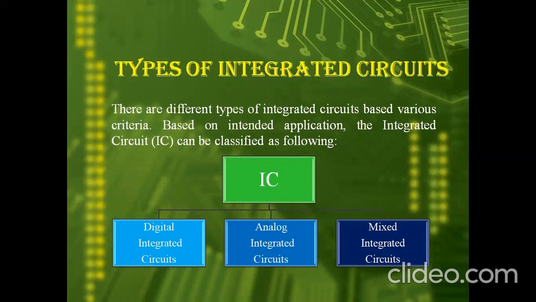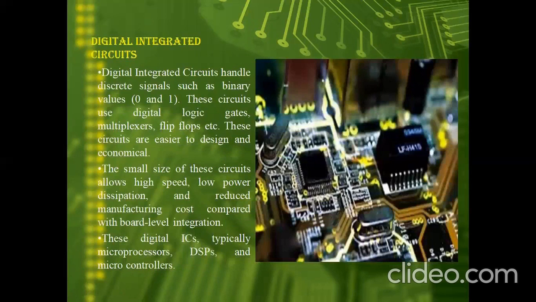Types of integrated circuits: there are different types based on various criteria. ICs are classified as digital integrated circuits, analog integrated circuits, and mixed integrated circuits, DIC, AIC, MIC. Now we will see these three in detail. The first one is DIC, digital integrated circuits.